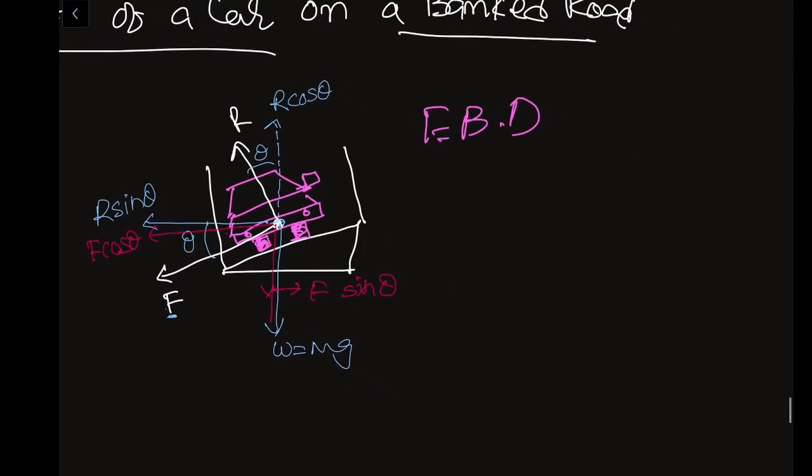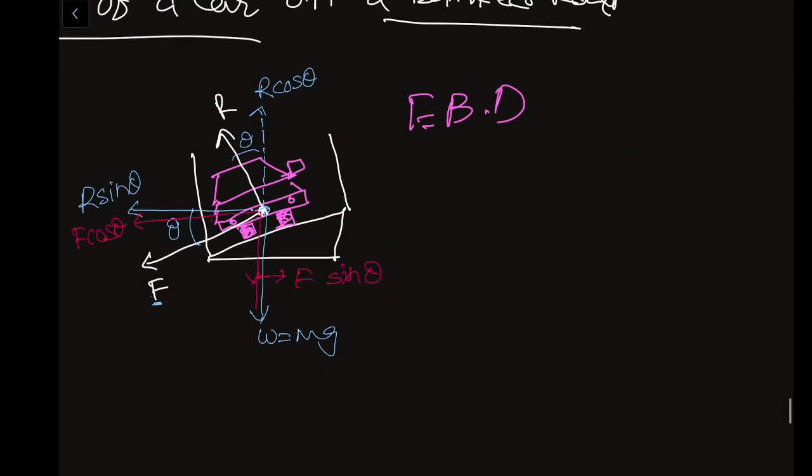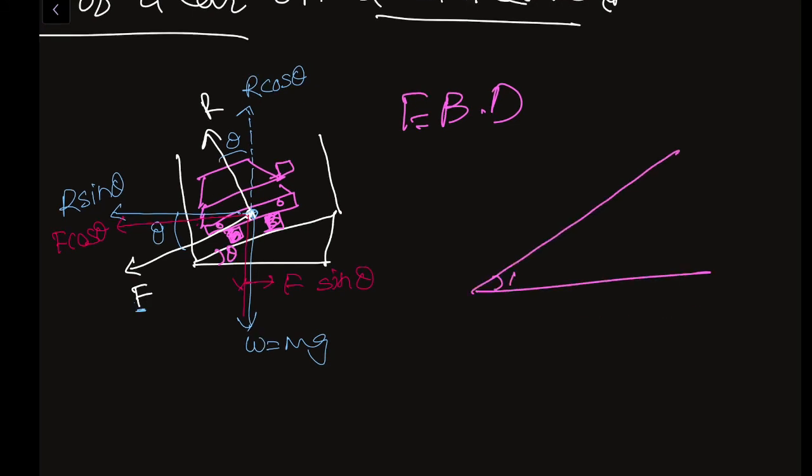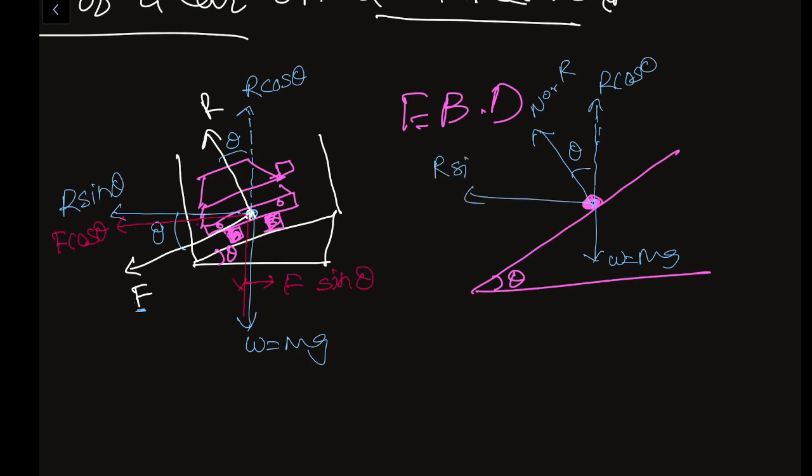Got it, children? So I will write the free body diagram here, very important one. Here the angle is theta. Here you have to take one body. We know that weight is downward, W equal to mg. Normal force is N, and we have to take the vertical component. Here N cos theta, and in the perpendicular N sin theta.